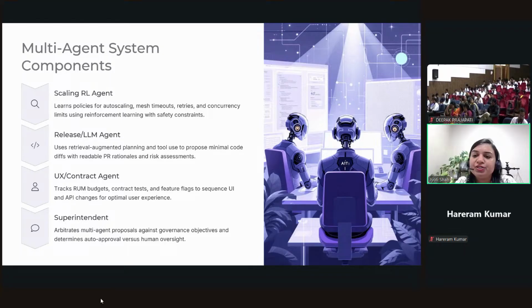The scaling RL agent observes patterns in traffic, latency, retries, and error rates. It learns over time when to autoscale, how to adjust retries, and how to limit concurrency safely. Instead of a fixed threshold like scale up at 70% CPU, it adapts to real usage and business priority. It might notice that scaling slightly early prevents cascading failures, or that limiting concurrency in one service protects another critical